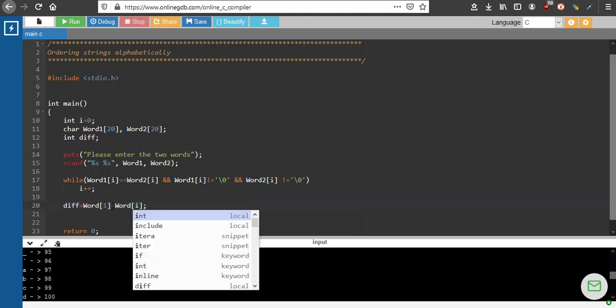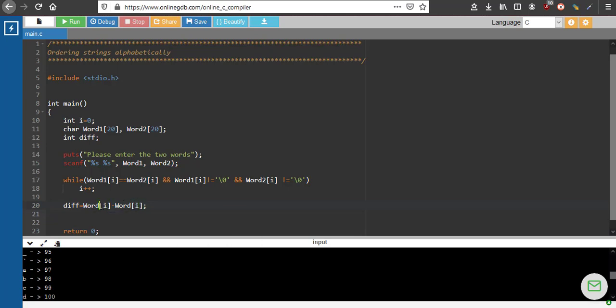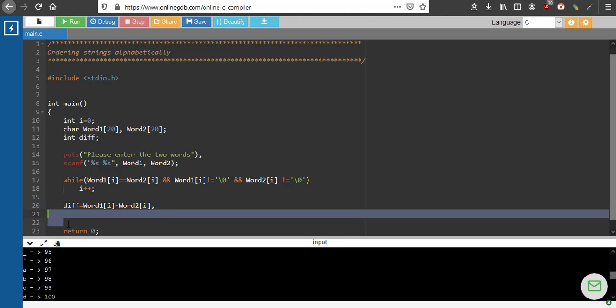Sorry, it should be I: word 1 of I and word 2 of I. So I is the character position in which there is a difference. We are subtracting the second ASCII code from the first ASCII code. Now if the first ASCII code is lower, this value should be negative. So we'll check that.